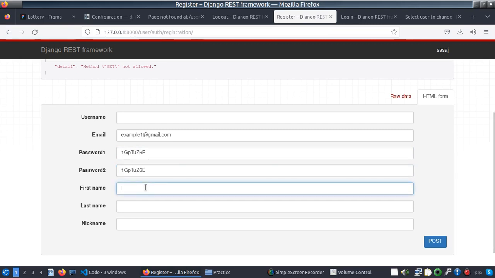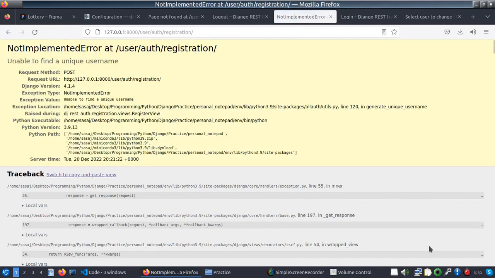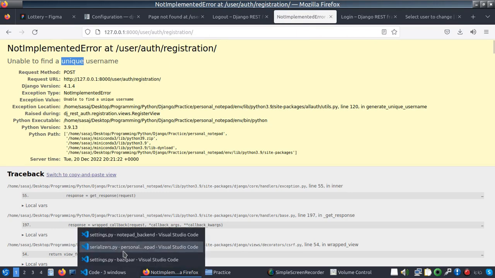And give the first name. I will give a first, last, nick, and if I post here, unable to find unique username. Okay, but why? We have assign